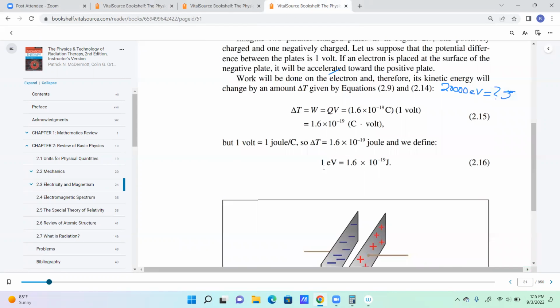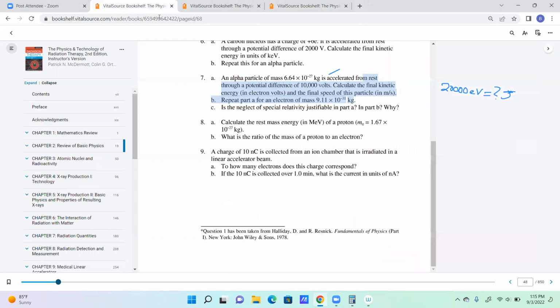Here's our conversion. 1 eV is equal to 1.6 times 10 to the minus 19th joules. So that's what we're going to need. Let's go back to the problem. Try to remember that 1.6 times 10 to the minus 19th joules. So we know here, if we go to the annotation, 1 eV is equal to